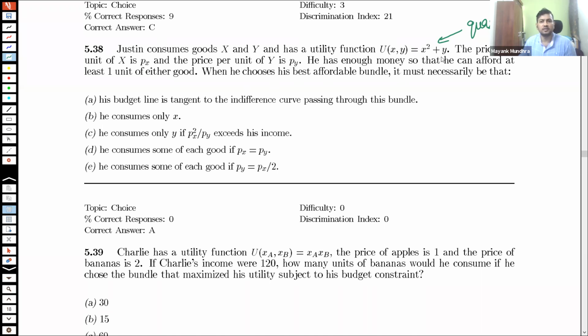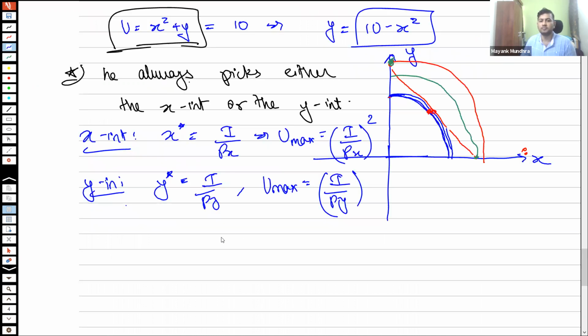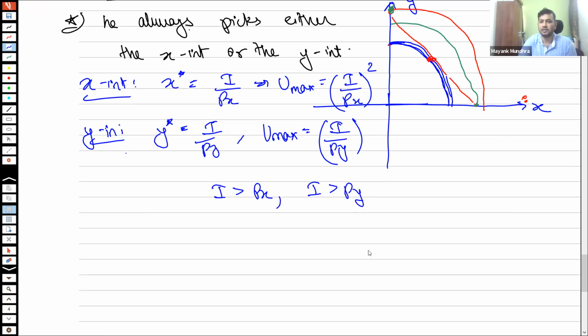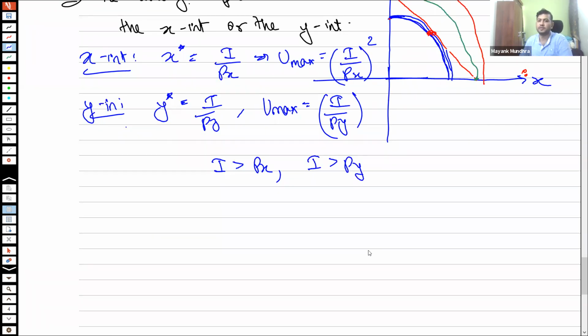What else is given here? The price per unit of x is px, and the price of y is py. He has enough money so that he can afford at least 1 unit of each good. So income is greater than px and income is greater than py. This much is given to me. So I by px is greater than 1, from here, what I get. This means that I by px